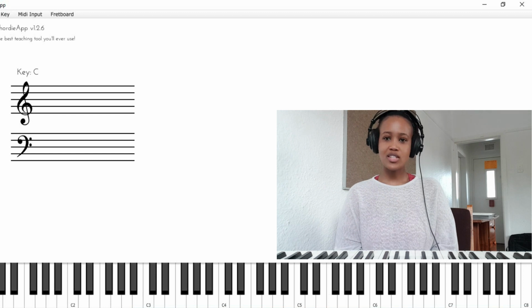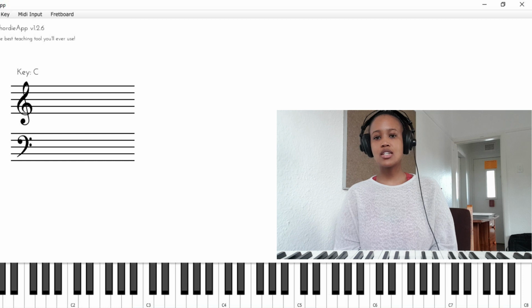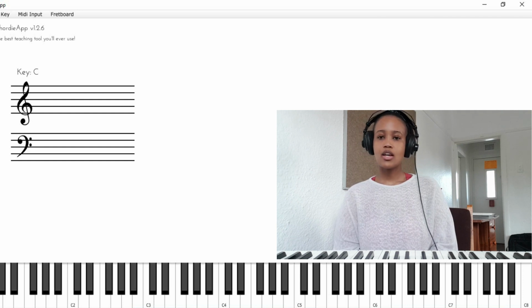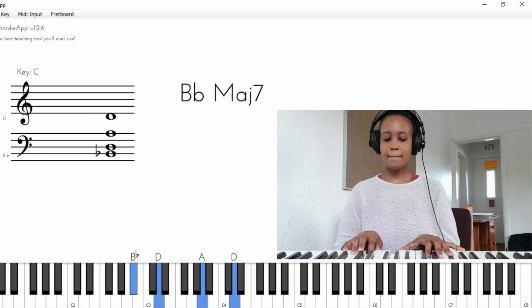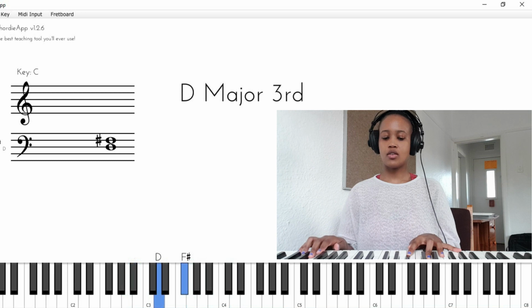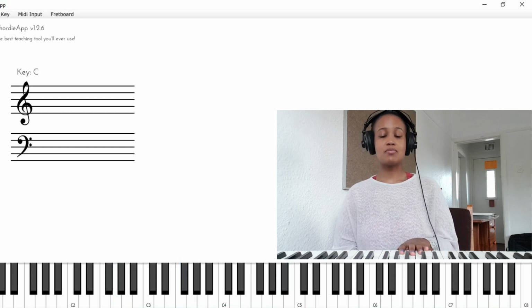Workout number 4, or concept number 4, is the idea of resolving to a major or a minor chord. So most of the time, major and minor chords are preceded by a chord 5 or a point of tension that really wants to resolve down to the 3rd or the 5th of the major chord. So I want you to resolve by doing something like, so here's a 2 to the 5, and then I want you to just practice the idea of landing nicely on the 1. We don't always have to do that, but it's